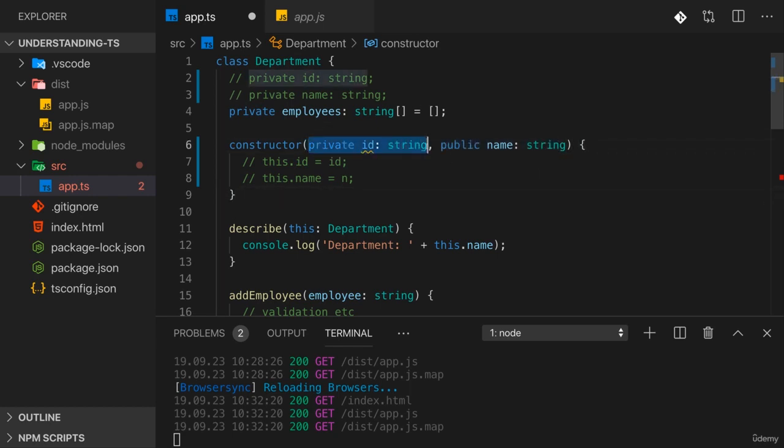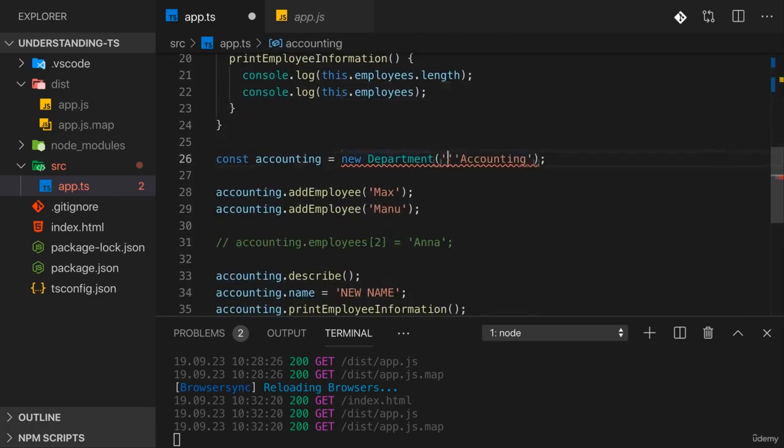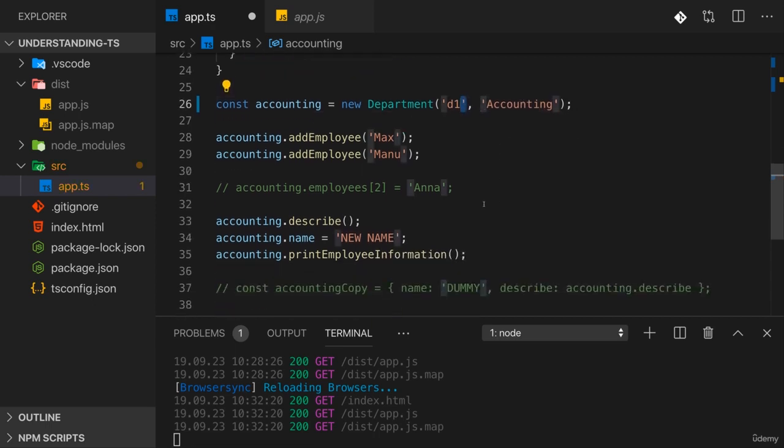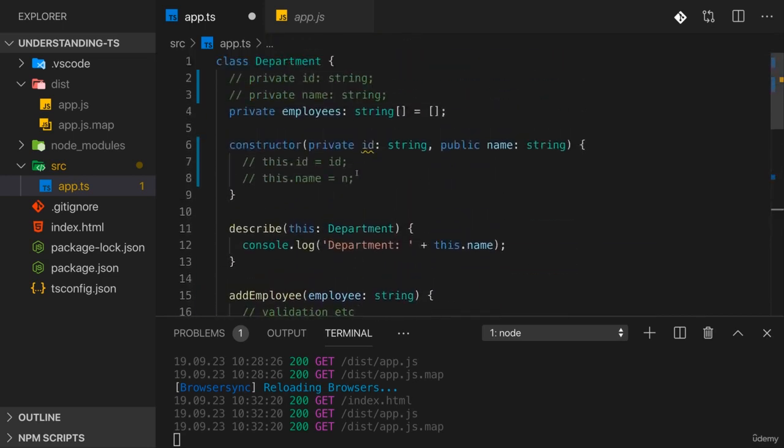We define which arguments the constructor takes, and then for every argument which has such an access modifier in front of it, a property of the same name is created, and the value for the argument is stored in that created property. So now we just have to fix our department creation here and add an ID, because I added this new argument. And now what you'll see is that when we call describe down there, and I do actually output the ID there as well, maybe by changing this department to use a string literal here,